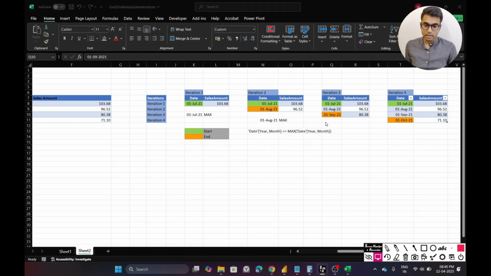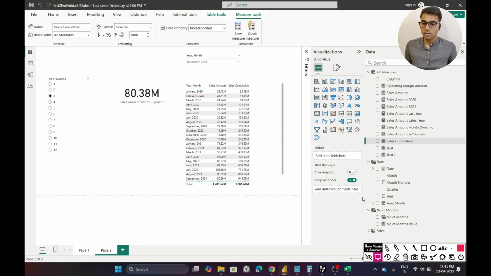Again, if I go to the fourth iteration, the max date is 1st of October 2021, and this particular condition, that date year month should be less than or equal to max of date year month, in order to satisfy this condition, DAX is going to give all the dates and only stop at 1st October 2021. So what's happening in Power BI is that when it comes to the first row, the max